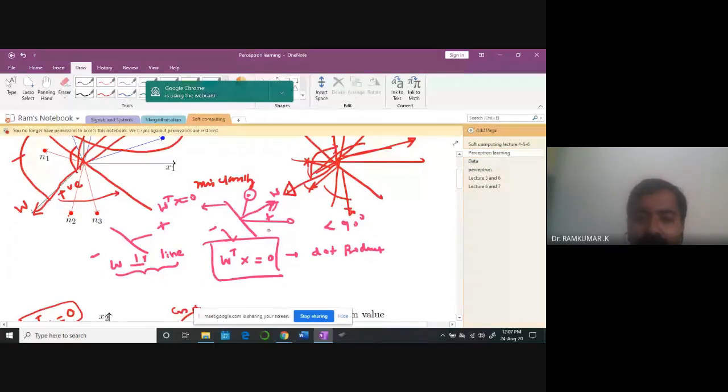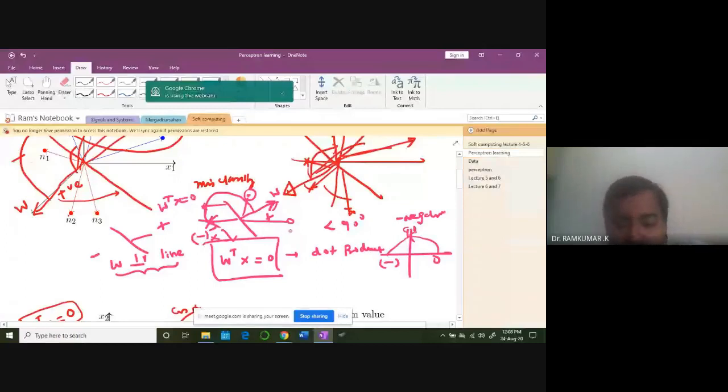So any point on the positive side should have a positive value because the angle is less than 90 degrees, and any point on the negative side will have negative values. You can imagine this as the cosine angle: from 0 to 90 degrees the cosine goes from 1 to 0, and then when the angle is greater than 90 degrees, you end up with negative values. So naturally, that's what this idea is. The perceptron learning algorithm we learned from these slides.